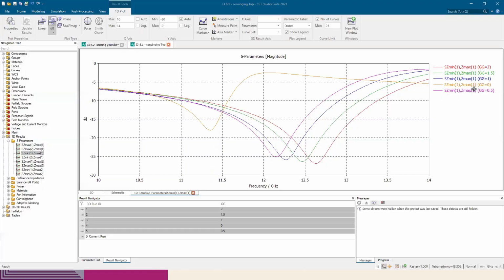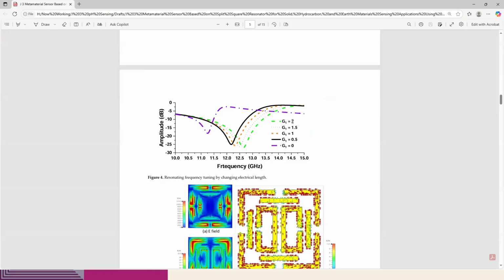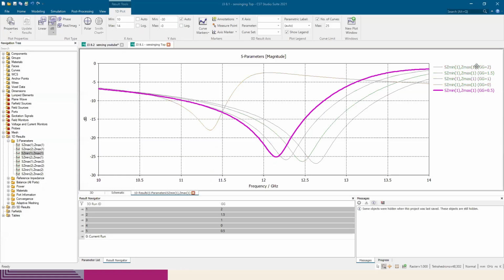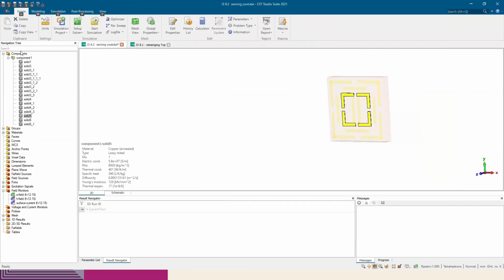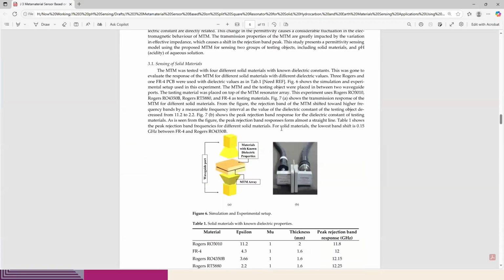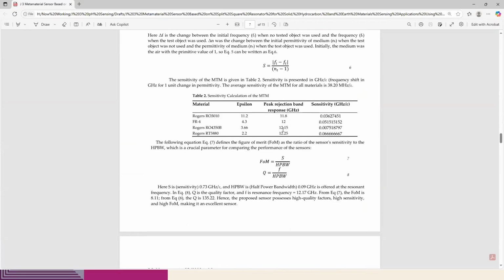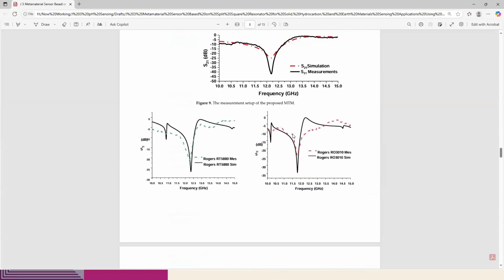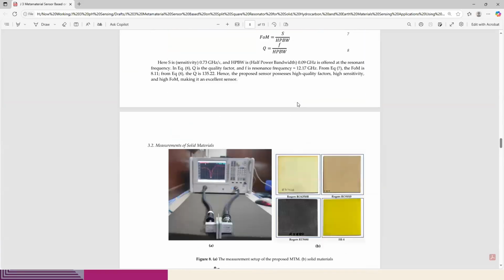So for 0, this point, and for 0.5, this one, and for 2 it should be here. So the things have shown a linear change. Okay, let's go back to our design, and I will show you how you can do this sensor setup for